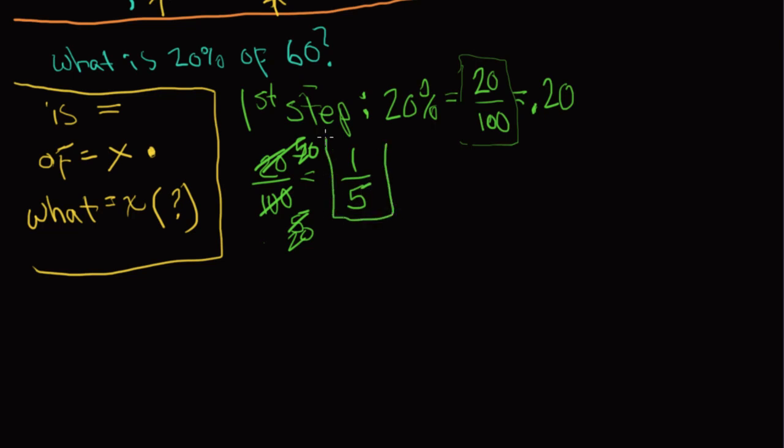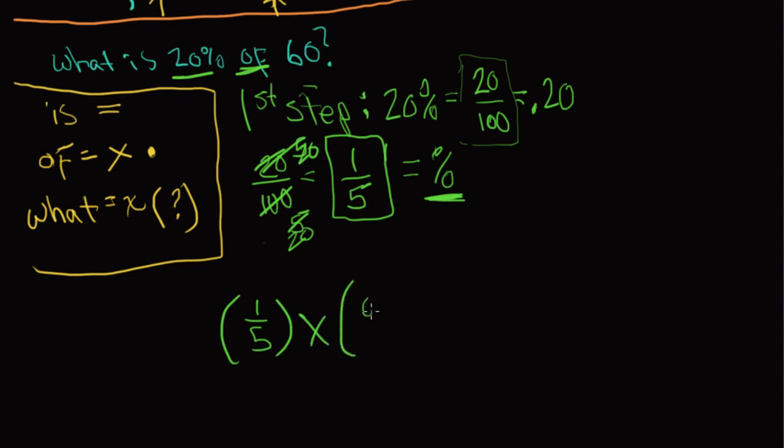So this is the number I'm going to use in place of my percent slot in our problem. So 1/5, 20% of, multiply, 60, which I'll write just like this since we're going to be multiplying fractions. 60 over 1 is the same thing as 60, is